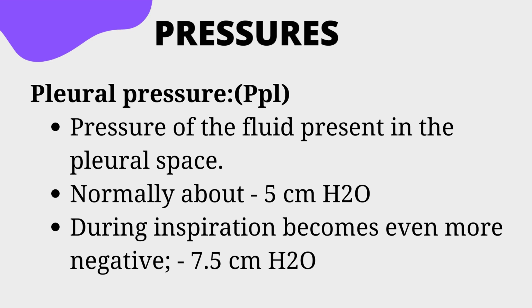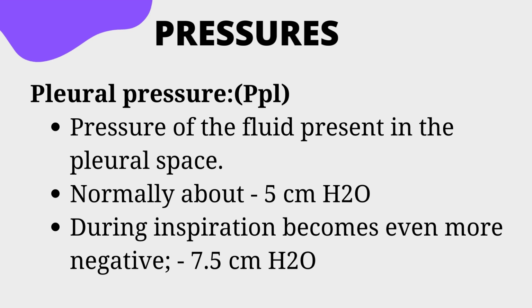The pleural fluid normally has a negative pressure, normally about -5 centimeters of water. So this pressure is like a suction pressure, and see, the visceral layer of the pleura is attached to the lung, while the parietal pleura is attached to the chest wall. And the space between them is the pleural space, where the pleural fluid is present. So this negative suction pressure attaches the chest wall and the lung together, if you get what I'm saying. So normally at rest, to keep the lungs open, we need about negative pressure.